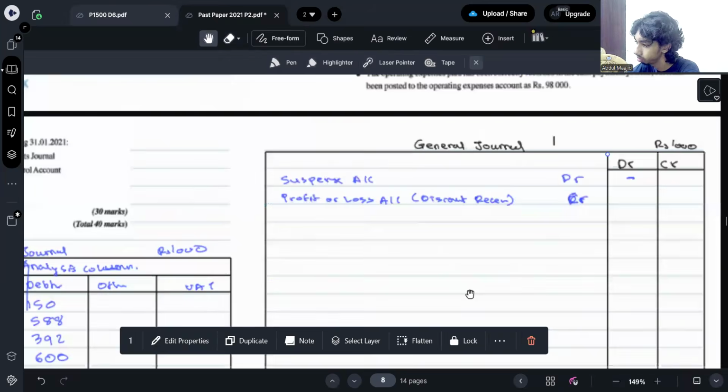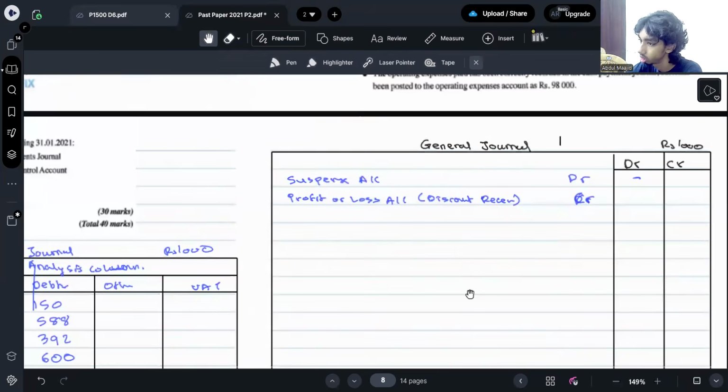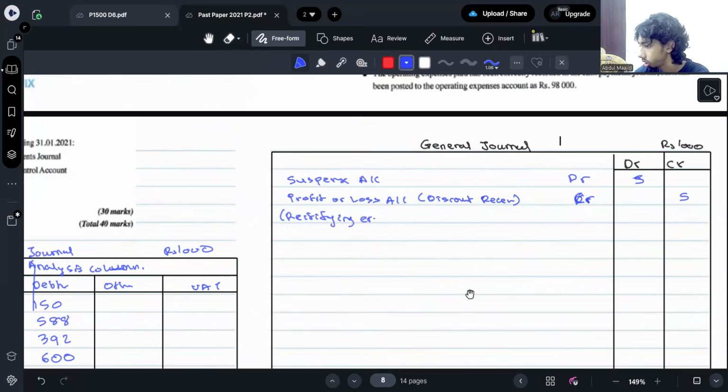Suspense account debit 5,000. Profit or loss debit 5,000. Rectifying error of not recording discount